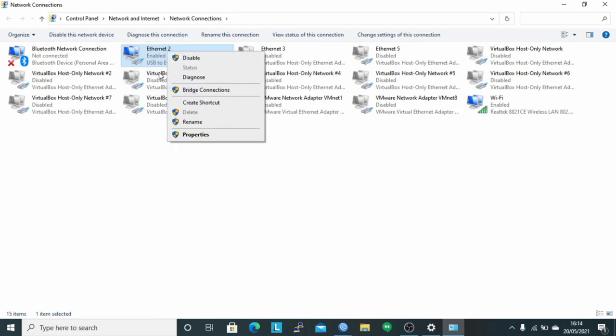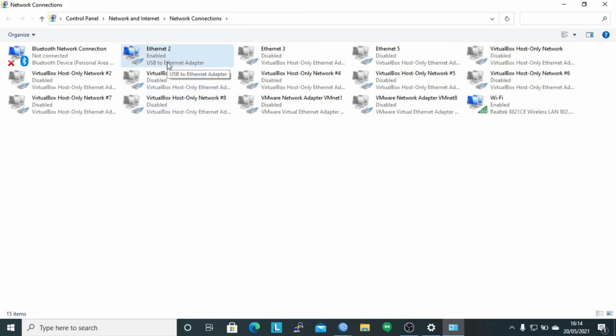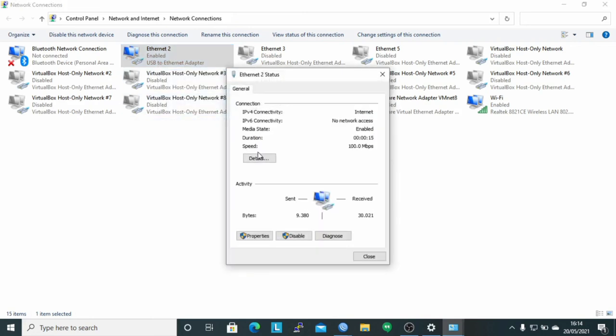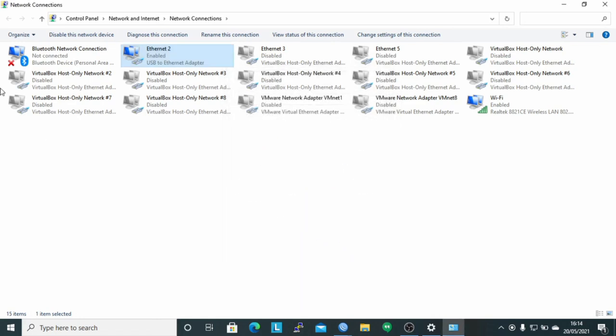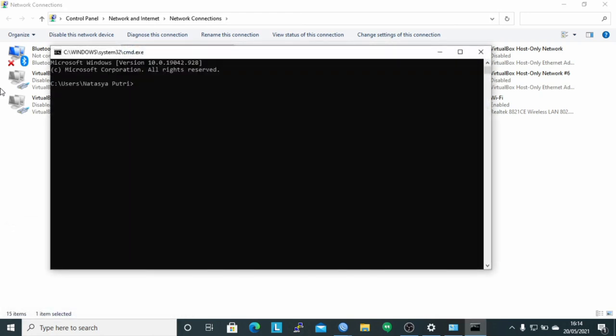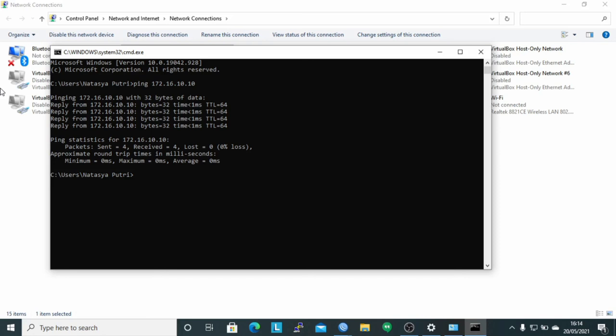If already, check the network connection details, and here right click and choose status and click details. It can be seen that the IP address is according to the topology and using IP dynamically. And then perform ping to the IP server and ping Google with the command ping 172.16.10.10 and ping google.com.